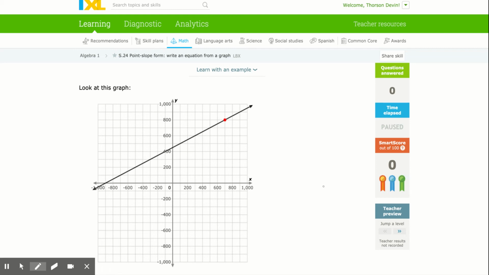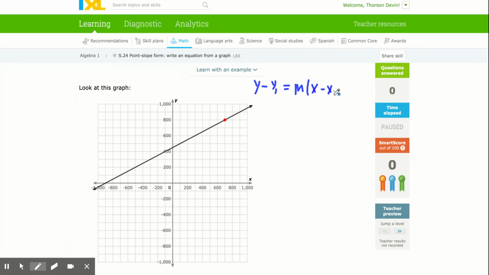Welcome. Today is almost a continuation of the last lesson, where, given a point and a slope, or maybe even just 2 points, we write the equation of a linear line in slope or point slope form. Again, point slope form means we have the variable y, and we minus off a y value given a single point, equaling the slope times, in parentheses, x minus the x value of some point that